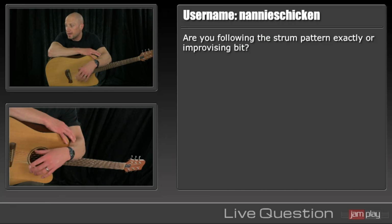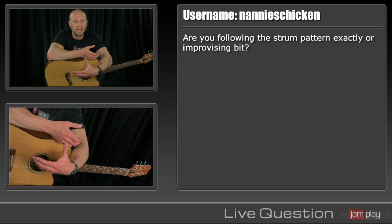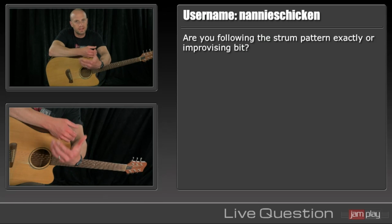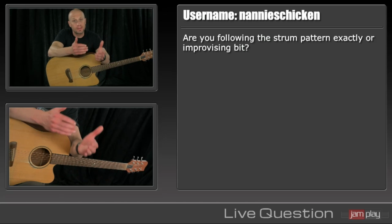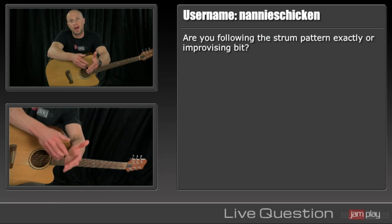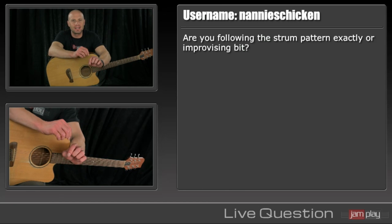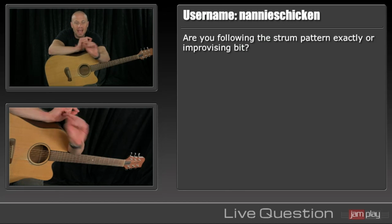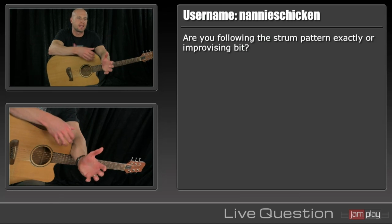That's the groove, right? We want to get that groove, and then we want to play it, and then we don't want to be that concerned about whether it's exact. But it's not like I'm improvising all over the place. I'm sticking to the groove that is implied by the strum pattern. That's the way real strumming is done. Playing a strum pattern exact never happens by anybody who is good at strumming. There's always that sense of